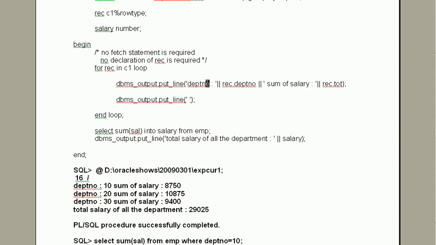Here I have changed it later on, so here it is department number. So department number 10, 20, 30 and the sum will be given to you. This is the group total of salary of department 10, of department 20, of department 30, and the total salary of all departments is 29025. That is given by the last query, and the value goes to the salary variable. Salary is printed over here.